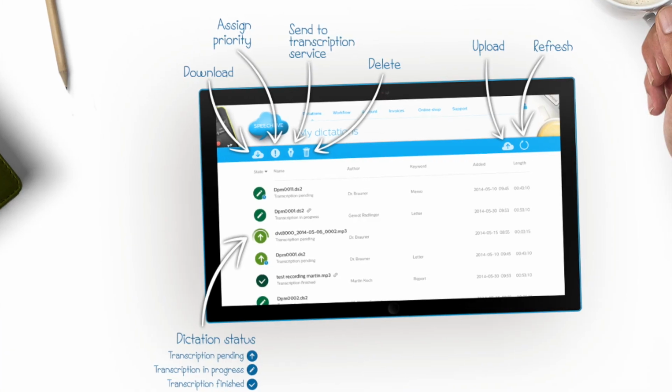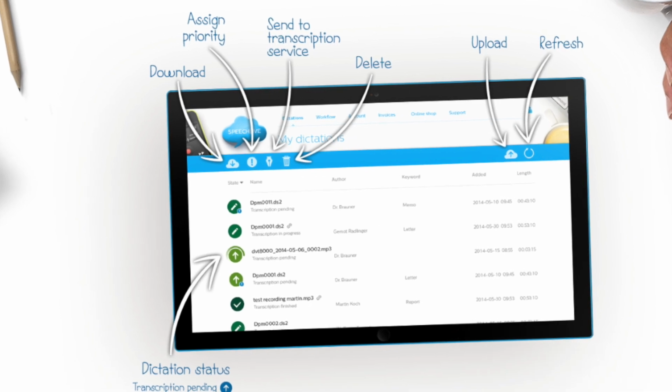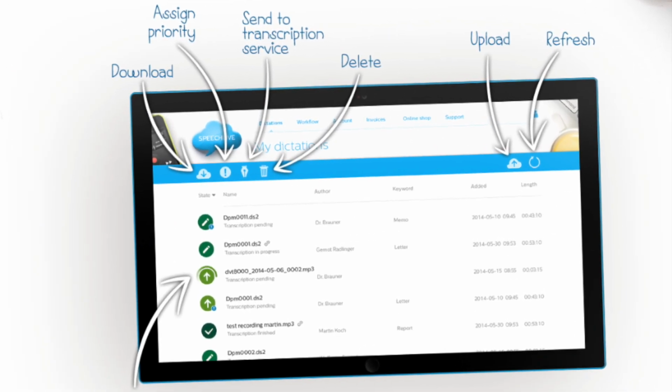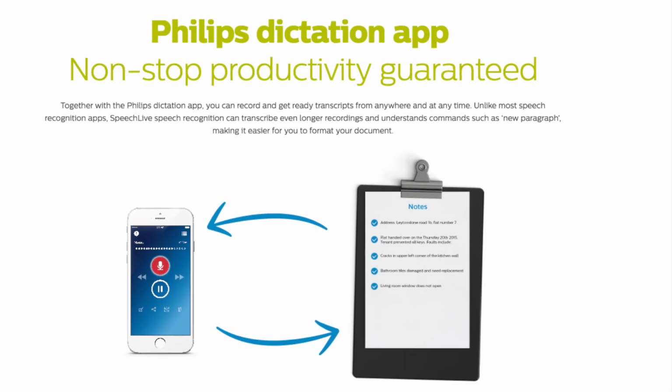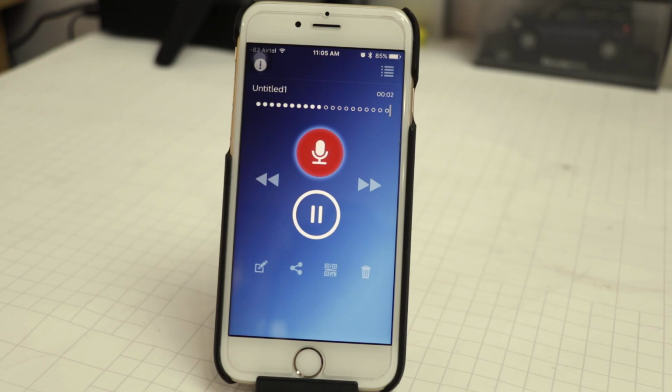You can make use of the priority setting option in the app if you want to get urgent jobs processed first. You also get an optional file encryption secure transfer via SSL. There is an express mode as well that allows users to shake the phone to record, shake again to save the recording, or send it immediately to SpeechExec mobile server.